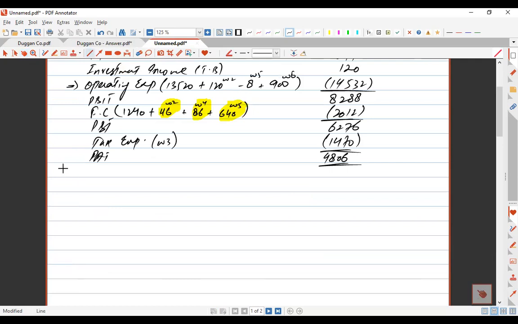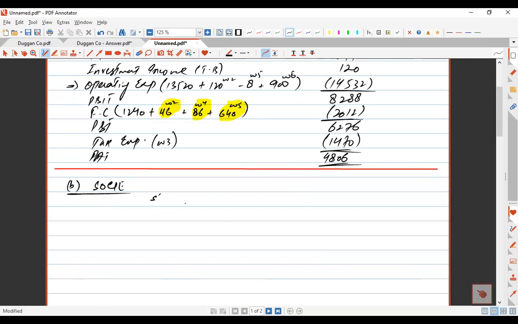Now moving towards part B of the question, which is to prepare the changes in equity. And what's the simple format of changes in equity? There are multiple headings like share capital, share premium, other equity, retained earnings, and total. First of all, do write the opening balances, and all the opening balances we are taking